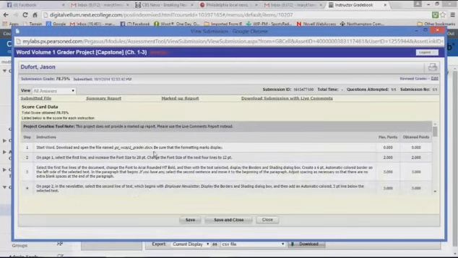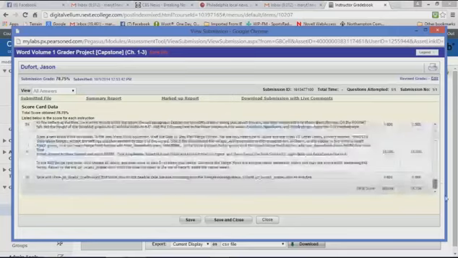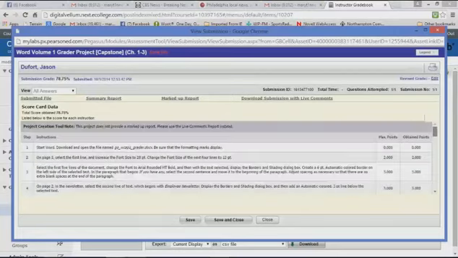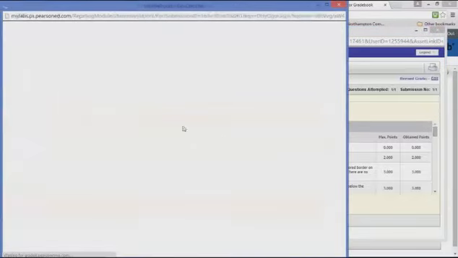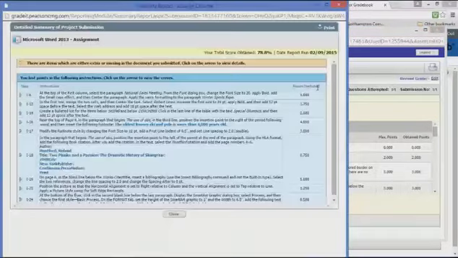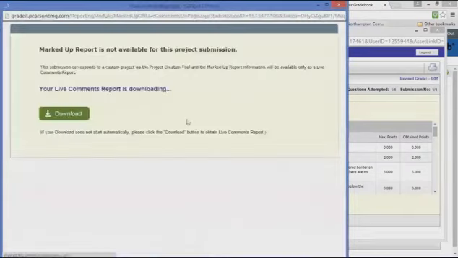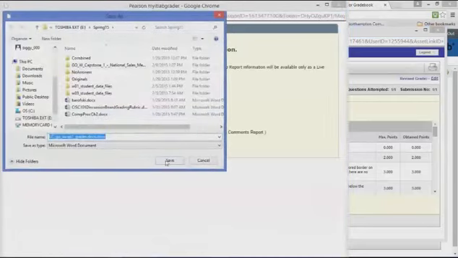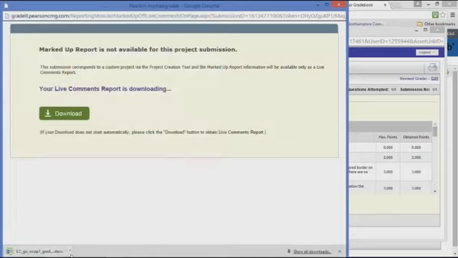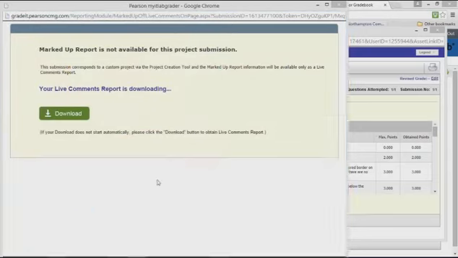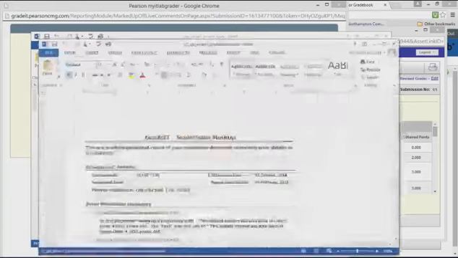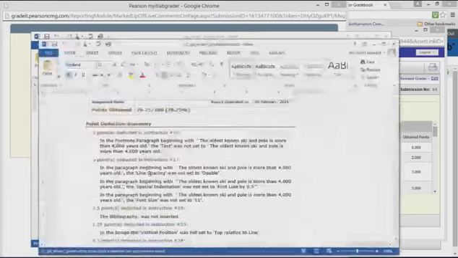So here then is the grading rubric for this student, and it tells what they got right and what they got wrong. And I can look at the summary report. It will tell me all the things that they got right or wrong. I can also ask to see the markup report. This is a file, again, which I'd have to download to my computer, and then now you'll see here all the items that they got